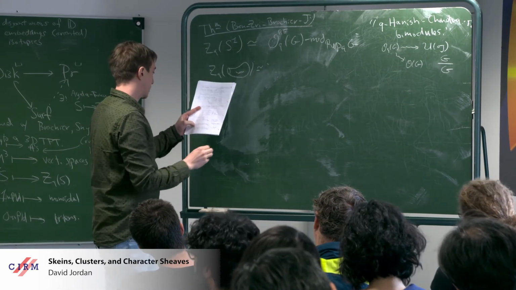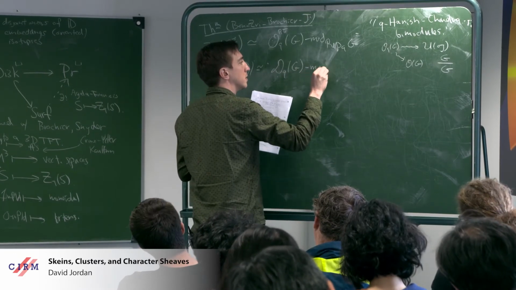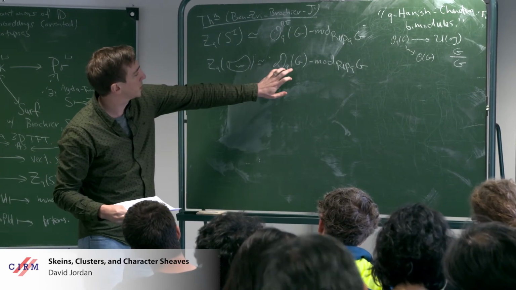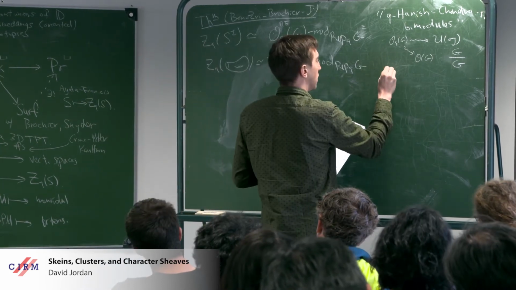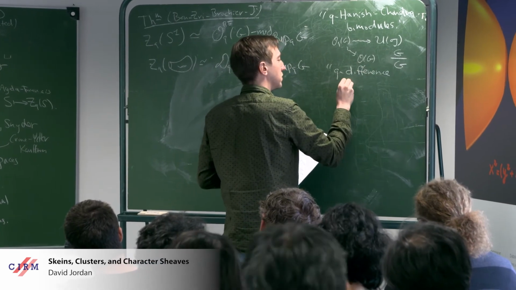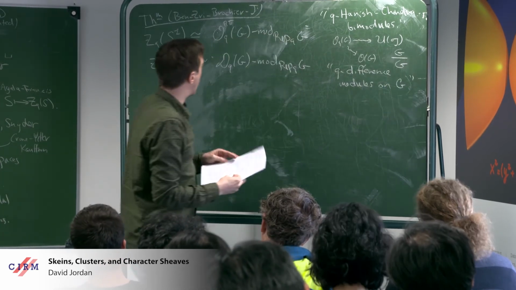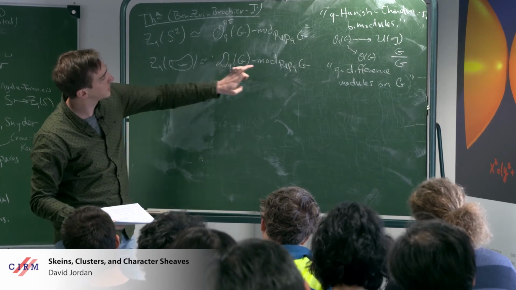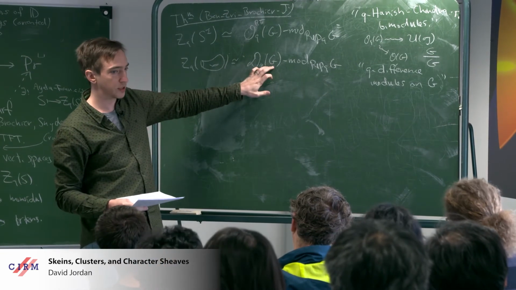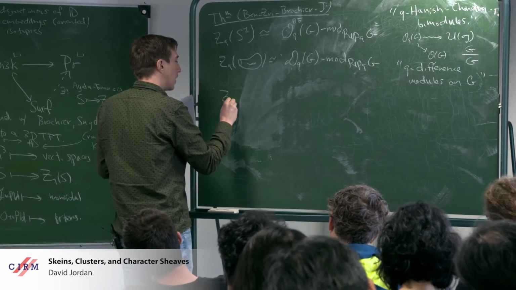Okay, to a punctured torus, we get another nice algebra. We get modules for another algebra, which is DQG, and these are some q difference modules on G. And so if we send Q to 1 in this way that we got U of G, then this becomes differential operators on G. So this algebra DQ deforms the algebra of differential operators. And then the most interesting of all,